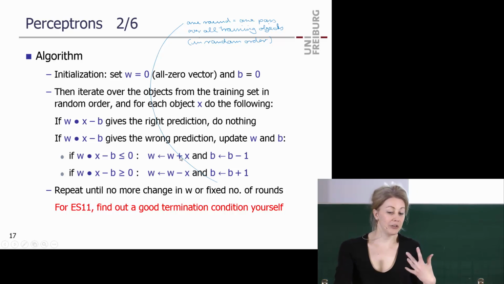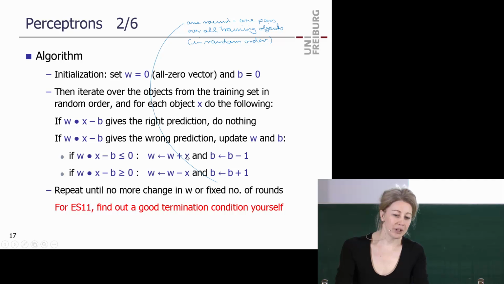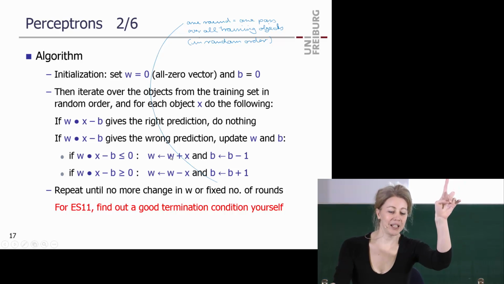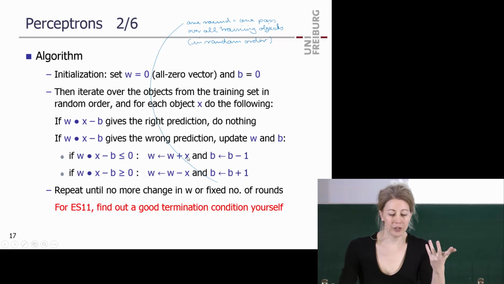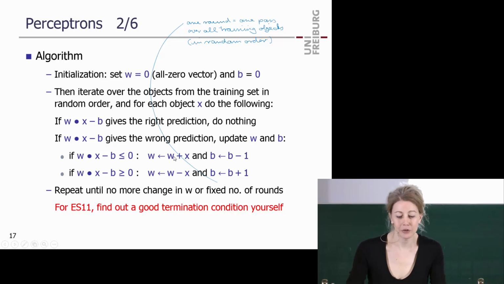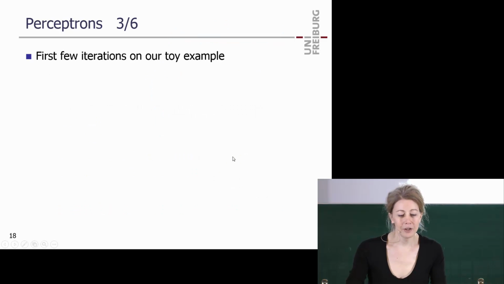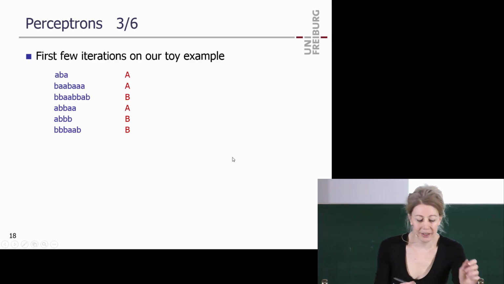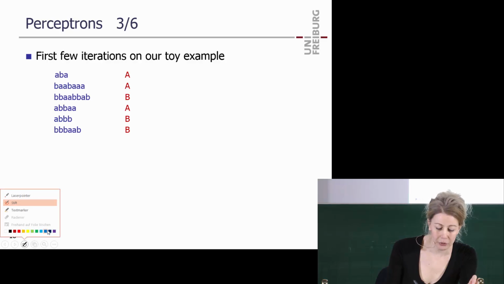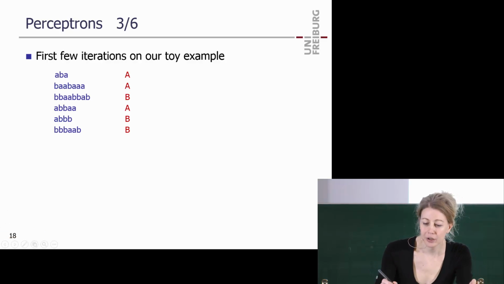This looks strange, at least to me it looks strange. I mean, it's simple, but it's strange. You add x to the weight vector, right? I think you should appreciate that this is strange. This is important. This is the normal vector of your hyperplane, and you add x, which is an object. Why do you add an object to it? I find this strange. Plus 1, minus 1, okay. But let's look at the example. Let's just do a few iterations so that it's clear.